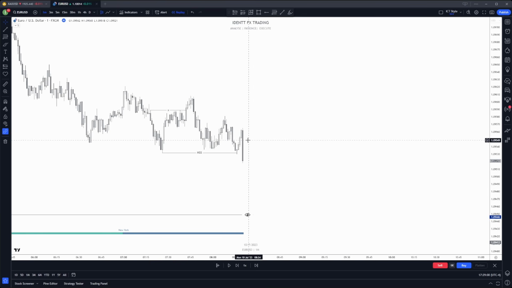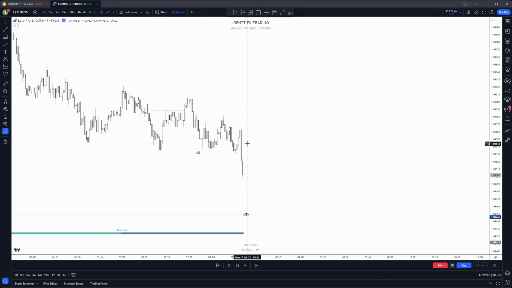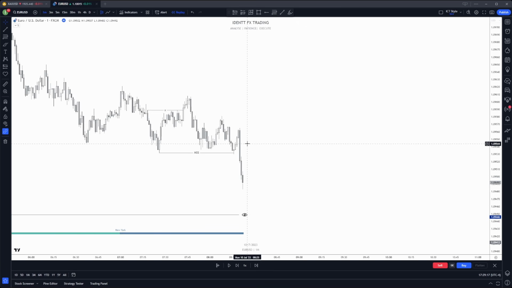Now, as we can see, price is starting to really displace below these lows. What do I mean by displacement? This candle is a really strong push downwards. What do we see now? Another really strong candle pushing to the downside. Now it seems like momentum is starting to slow down. So what do I do now?